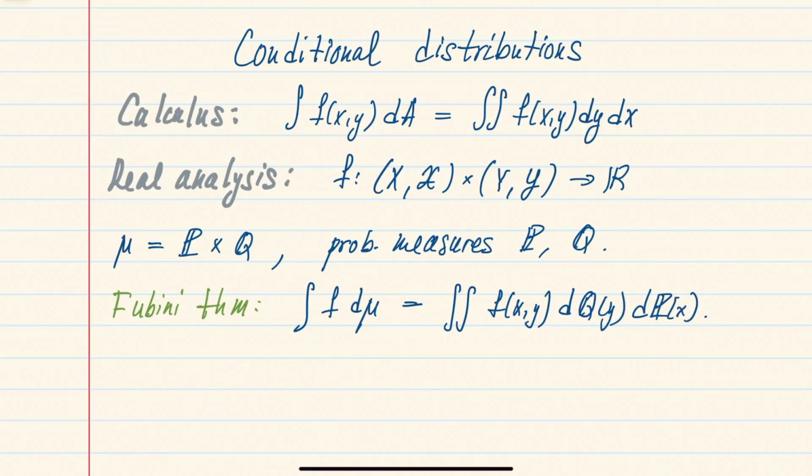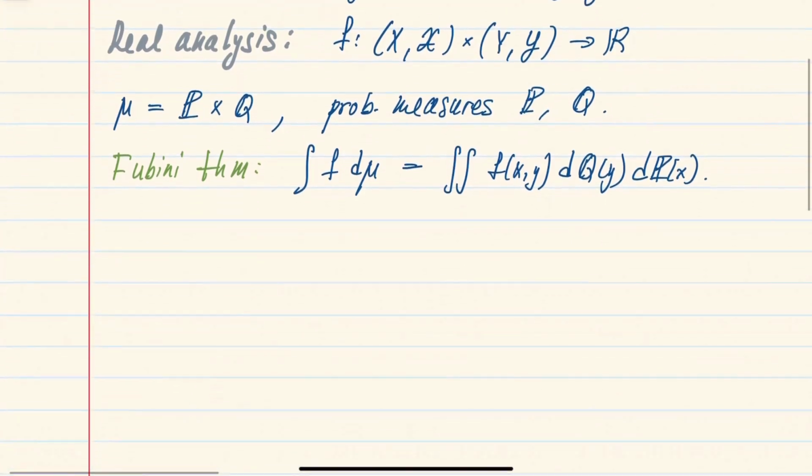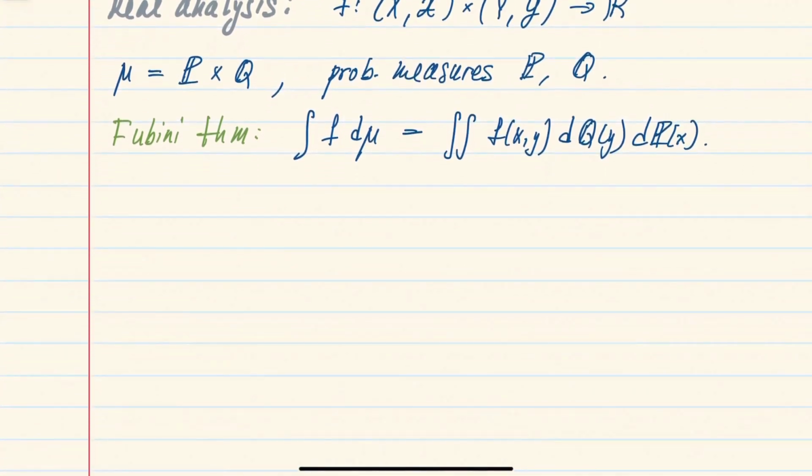And of course, if you recall, the product measure is defined by defining it first on rectangles, then extending it to all measurable sets on the product sigma algebra, and then from there, once you define the measure, you prove this Fubini theorem. Now, depending on the real analysis class, sometimes a more general situation can be considered.